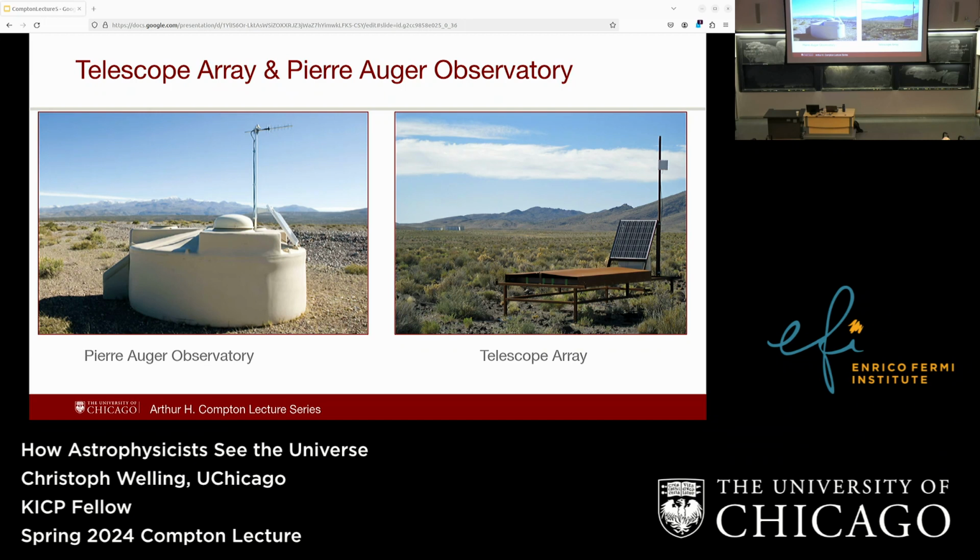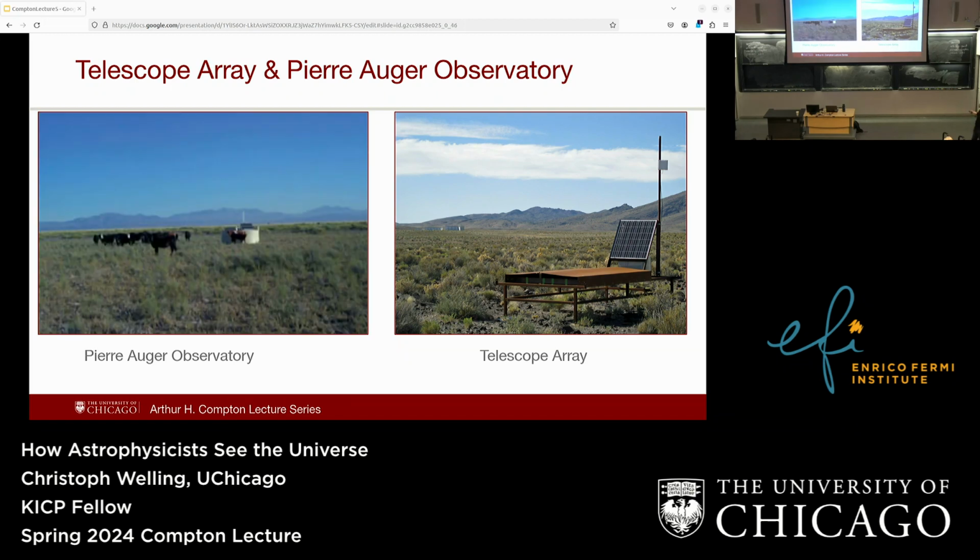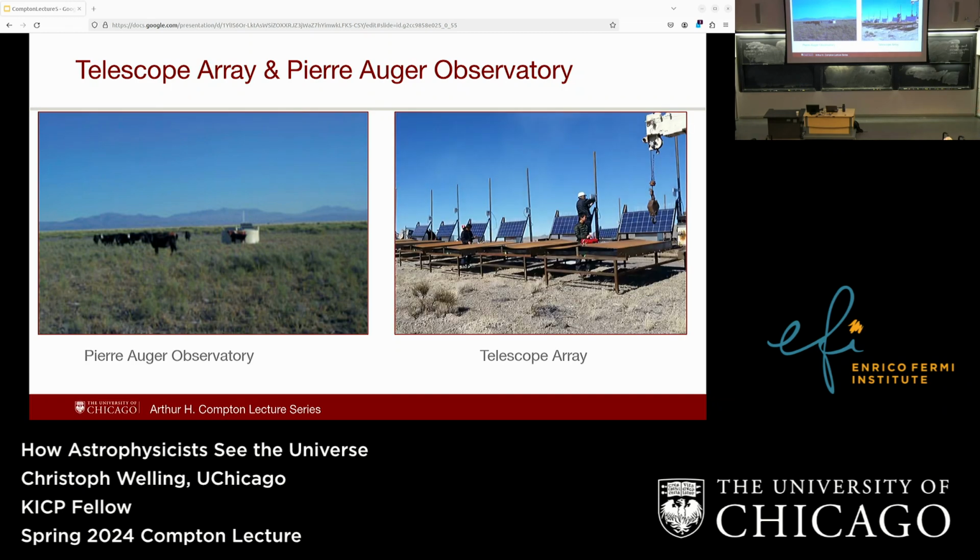Is that a question? Yes. Oh, okay. You go first. Are these scattered all over the place, or is this just from really far back? And the individual thing is huge. Yeah, so this is one of them. For the size of the Auger Observatory, because it's in the Pampa, it's kind of a running gag to have cows in the picture for size. So this is how big it is. For TA, unfortunately, I didn't find any cows. You have to do with people.